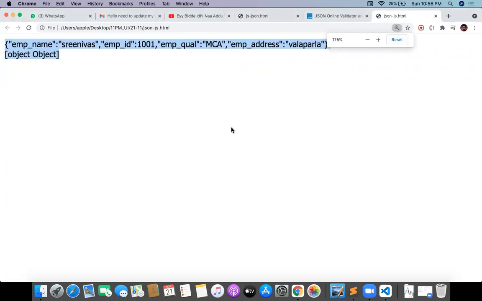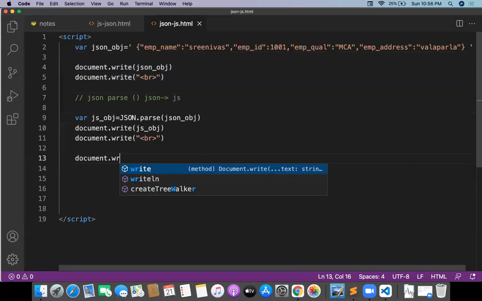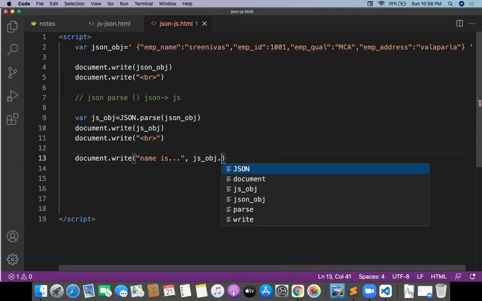We have the JSON content first, and that JSON content is converted to JavaScript. But I want to parse the JavaScript. How to parse it? Okay, document.write. I want to get the name first. Name is, plus or comma, JS object dot employee name.